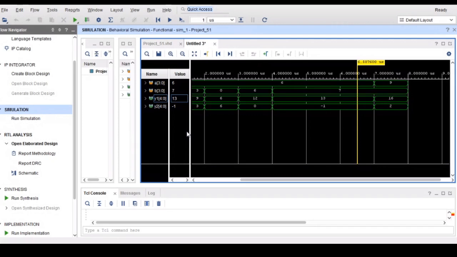Any questions on this one? Sir, in the signed one, it is showing -16 because of the padding of 0 we did in the program, is it that way? Yes, you are padding with the 0.